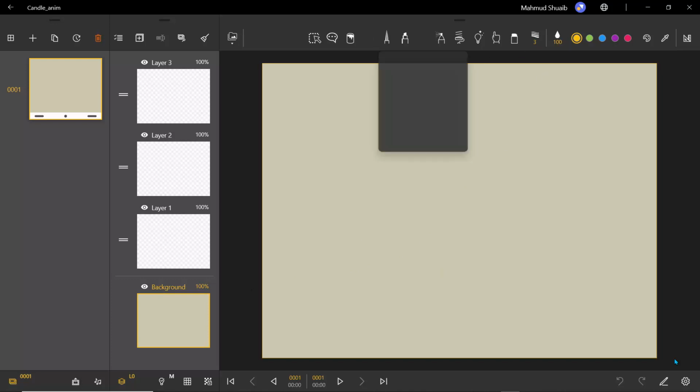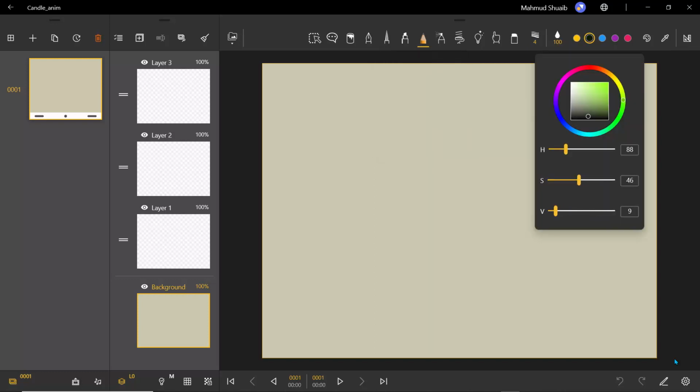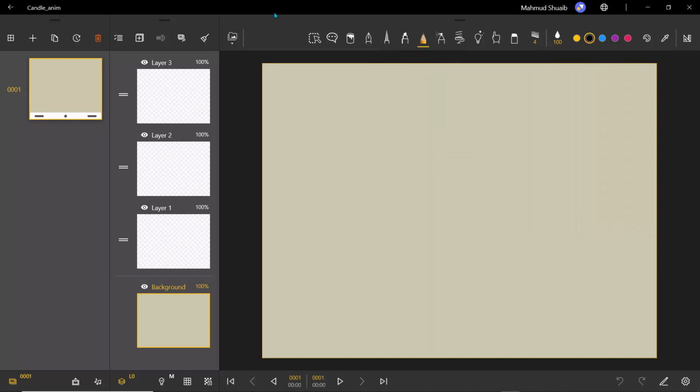Next, I like using the pencil tool to create a basic sketch, and I'll click on the second color palette and I'll make this really black. What I basically want to do is draw a nice horizon line. Doesn't have to be perfect. And then once I have that, I'll just draw a candle. Say this is our candle, and I'll draw a nice little plate. Our candle is sitting on a plate on a table somewhere, and then we'll use this edge to create the candle edge, and then this is going to be the wick,